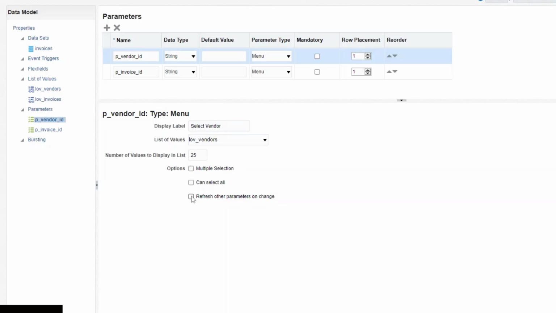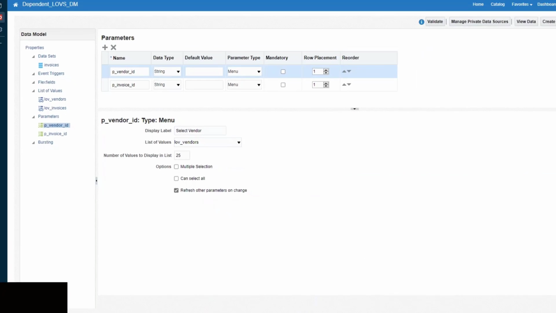So I'm going to check this, refresh other parameters on change. So for the vendor ID, when I select a vendor, I want other parameters to change based on my selection of the vendor. Okay, so now let's save this